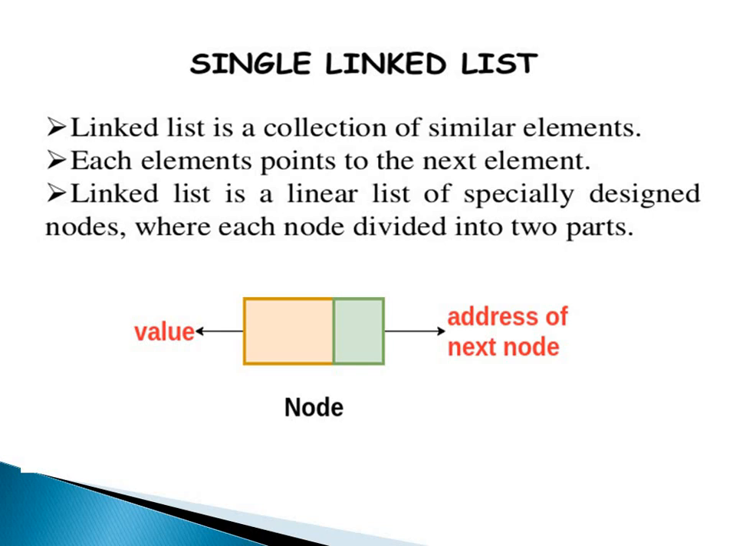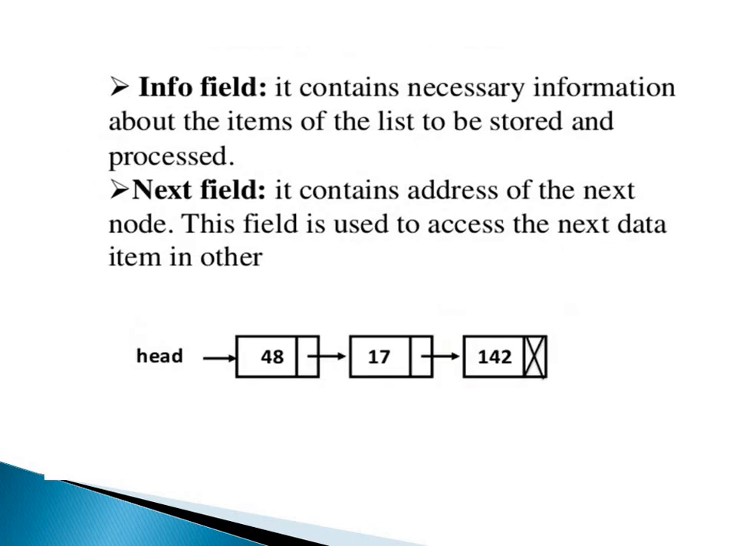A linked list is a linear list of specially designed nodes where each node is divided into two parts. So for a singly linked list, each node has two parts: the first part is known as the value part and the second part is known as the address of the next node. These are the definitions of the two parts. The info field contains the necessary information about the items of the list to be stored and processed. The next field contains the address of the next node, and